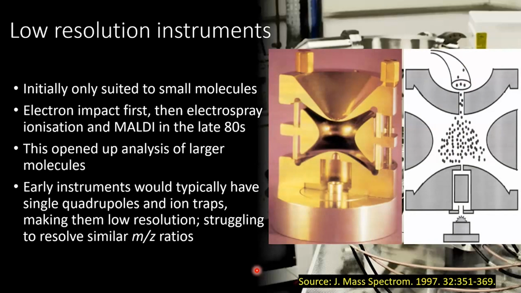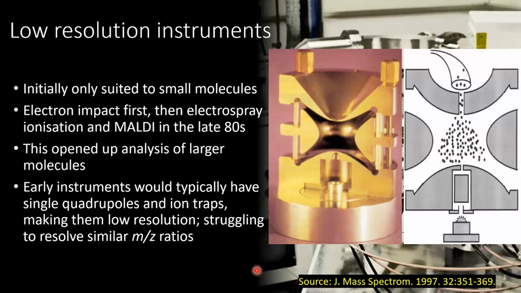So to focus initially on the low-resolution instruments, thinking about their history, they were only suited to small molecule analysis. These were done with electron impact as a detection method initially, and then later on came electrospray ionization and MALDI in the late 80s. Those two techniques opened up mass spectrometry to large molecules, so it became more relevant for fields like toxicology,